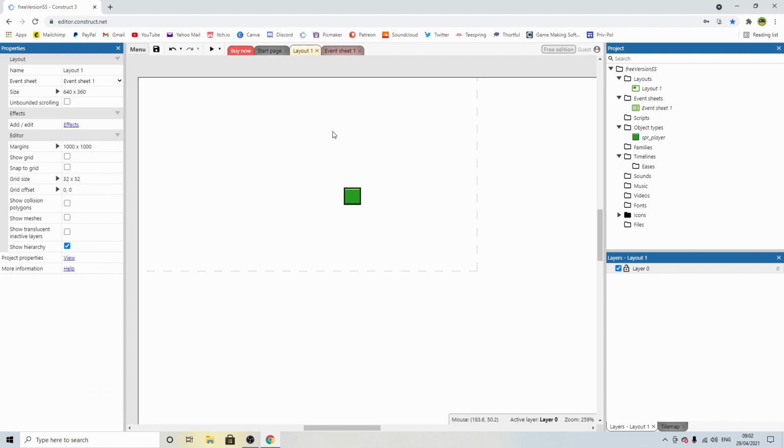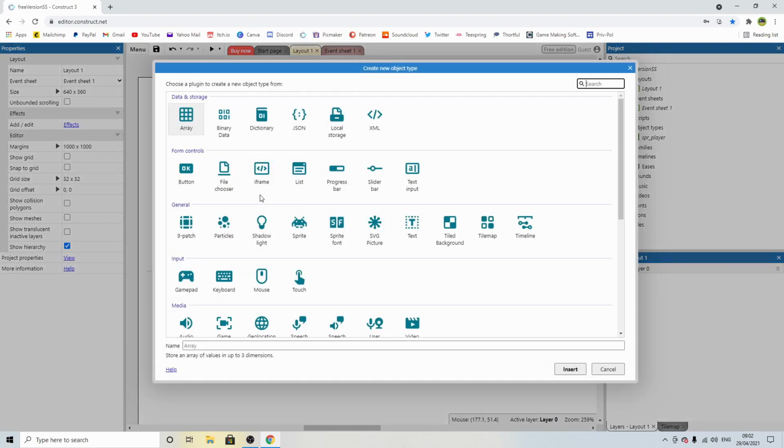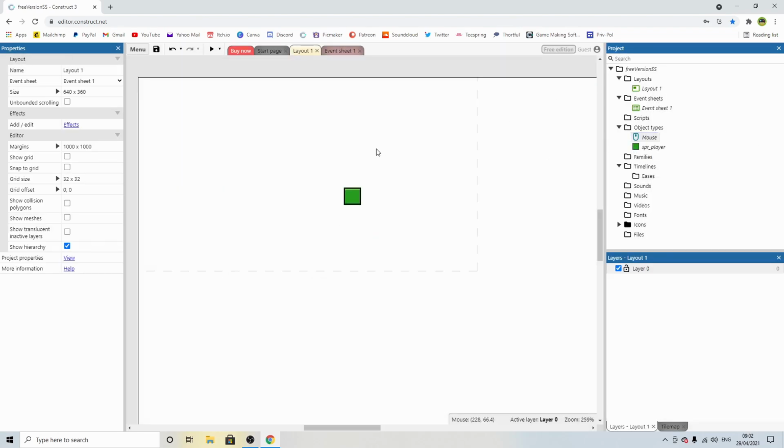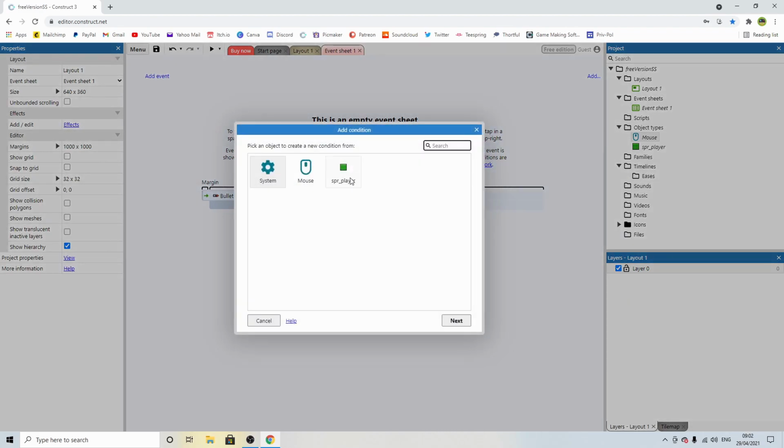So in order to use anything in Construct, you have to add it in. So double click, find the mouse under input, double click, and now we've added the mouse. So now we need to go to the event sheet and tell this thing to turn based on where the mouse position is. So open up the event sheet, add an event, and I'm going to go system,